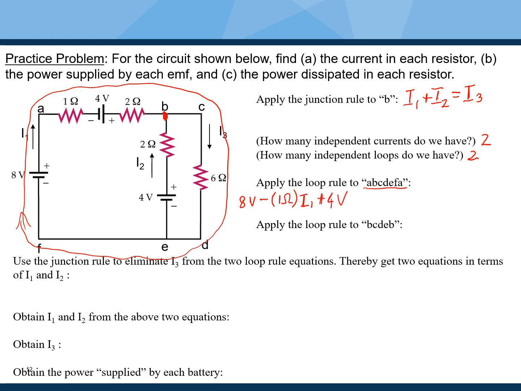Then we go through the 2 ohm resistor at the top, and we're traversing it in the conventional direction of current flow, namely in the direction of I1. So we have a voltage drop of minus 2 ohms times I1. And that brings us to the point B. We can go from point B to point C with no further voltage change. And then we go through the 6 ohm resistor downwards on the right. And so we have minus 6 ohms